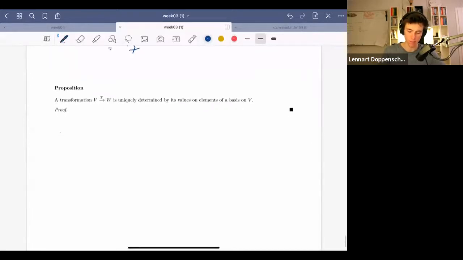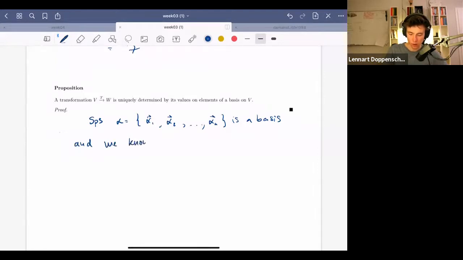So let me quickly write down the proof. Suppose alpha, with vectors alpha 1, alpha 2, up to alpha n, is a basis. And we know T of alpha i for all i from 1 to n. Well, then for any v in V,